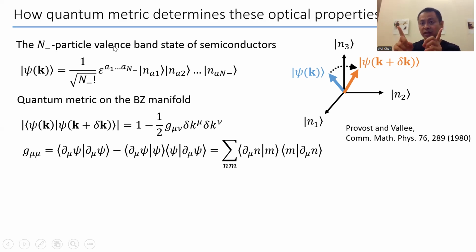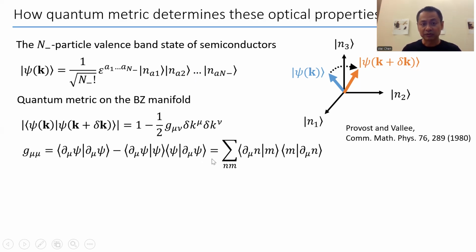So if you take a dot product between these two vectors, it's always less than 1. Moreover, it is given by cosine theta, where theta is the angle between these two unit vectors. And the cosine theta, to leading order in the expansion, is quadratic. Also, you can express this quantum metric as some derivative due to the Taylor expansion of this original state.